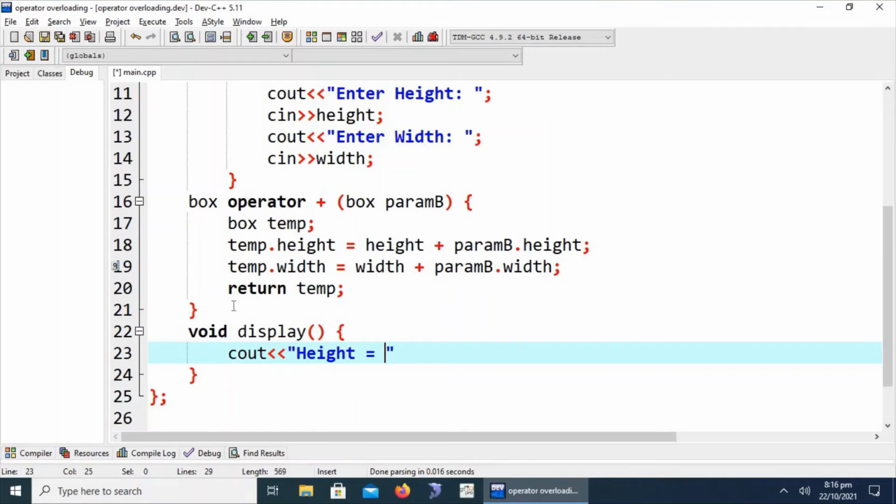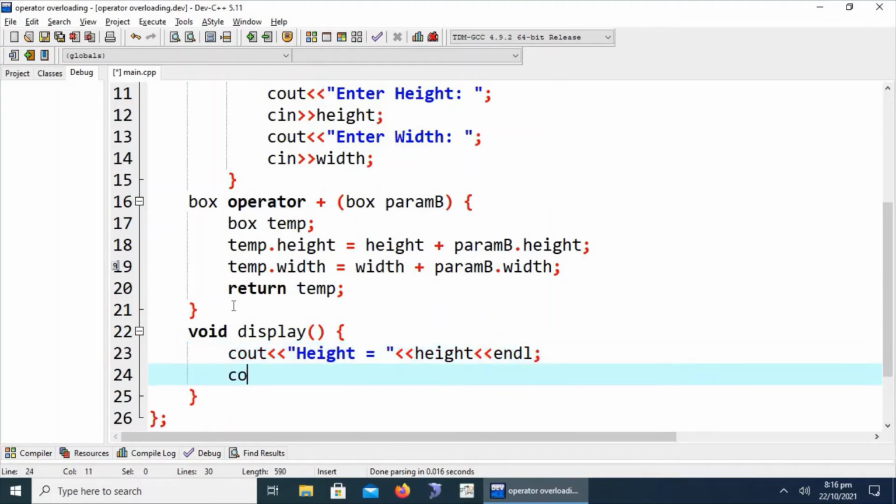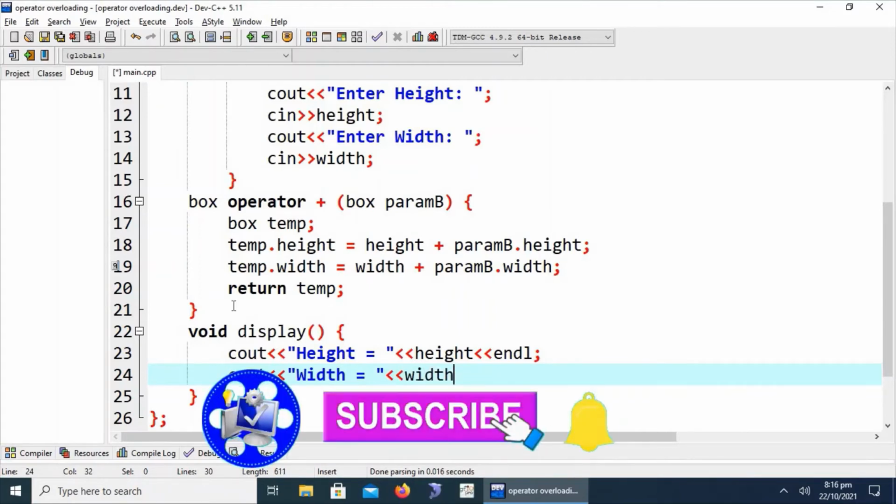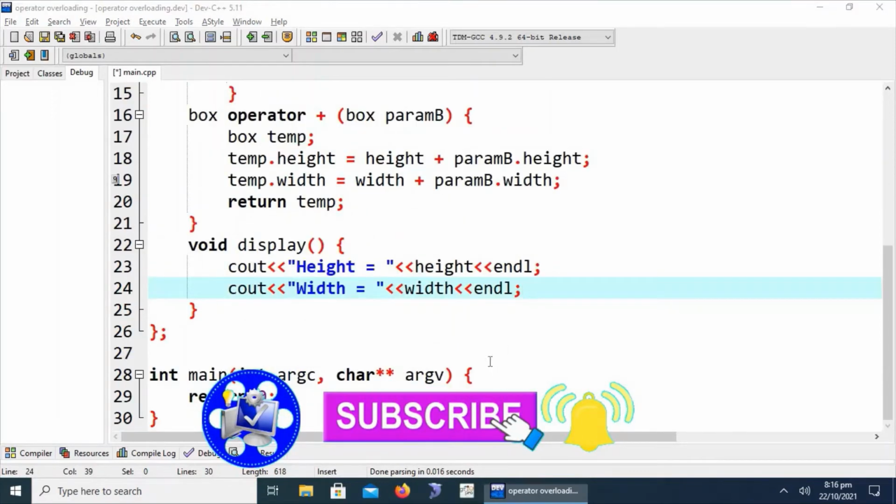Height is equal to, and cout width is equal to. Okay, now what we will have to do, we will have to create the objects from these classes.